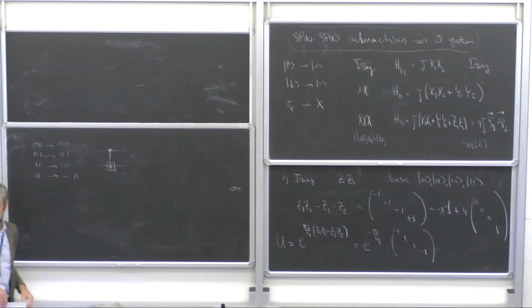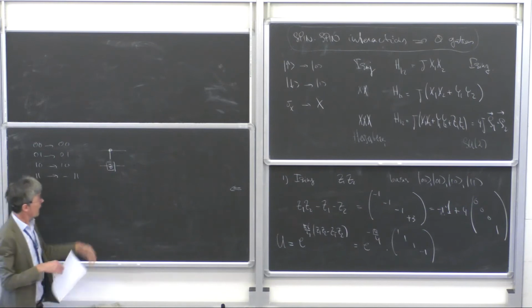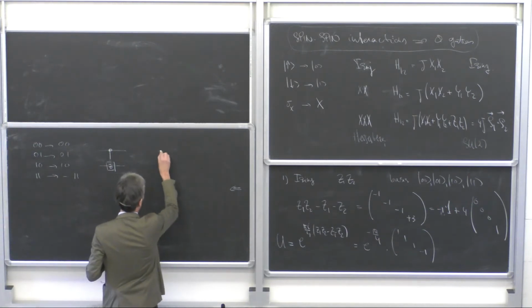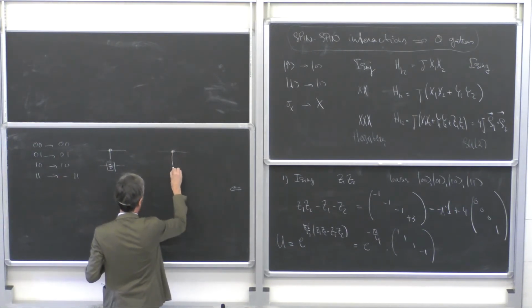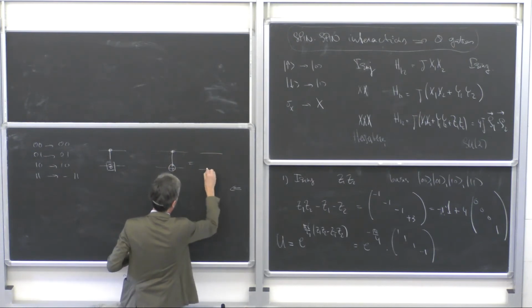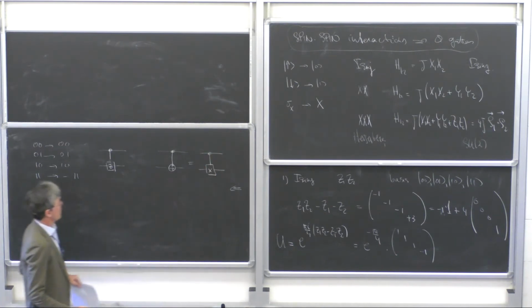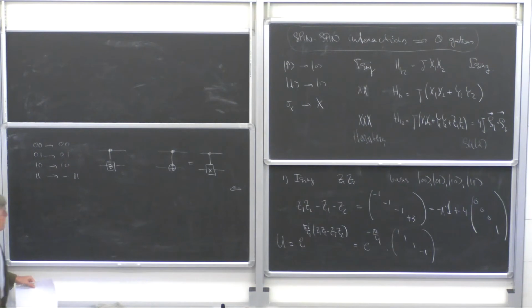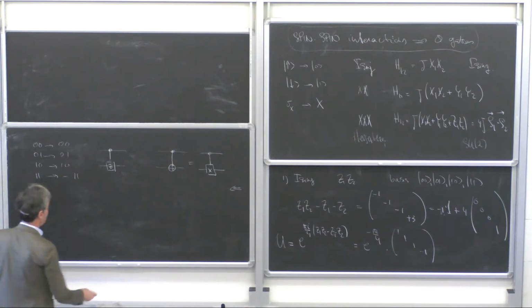And now you said, well, my goal was to make control X, right? I was going to make this, which is the same as this. So we're not completely there because we're supposed to make this. We made this. You know, there's a little matrix identity, which, if you remember,